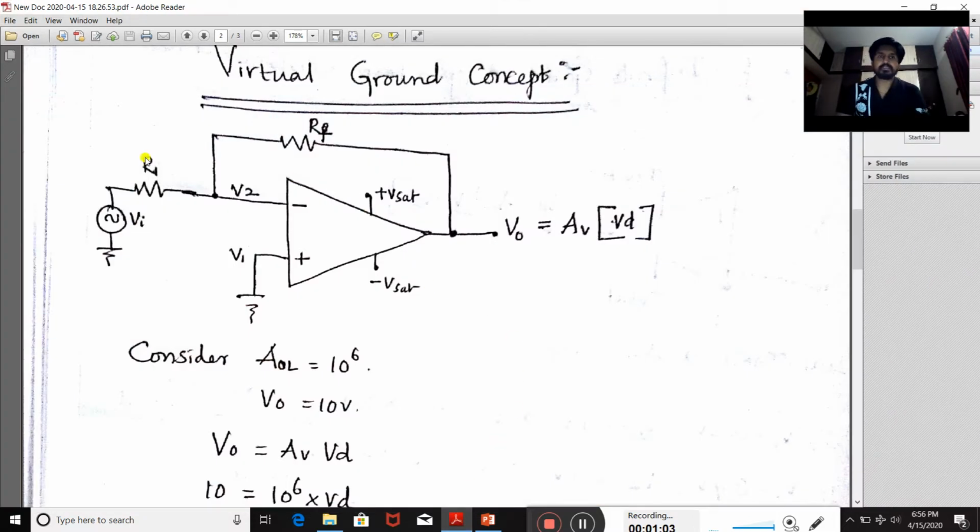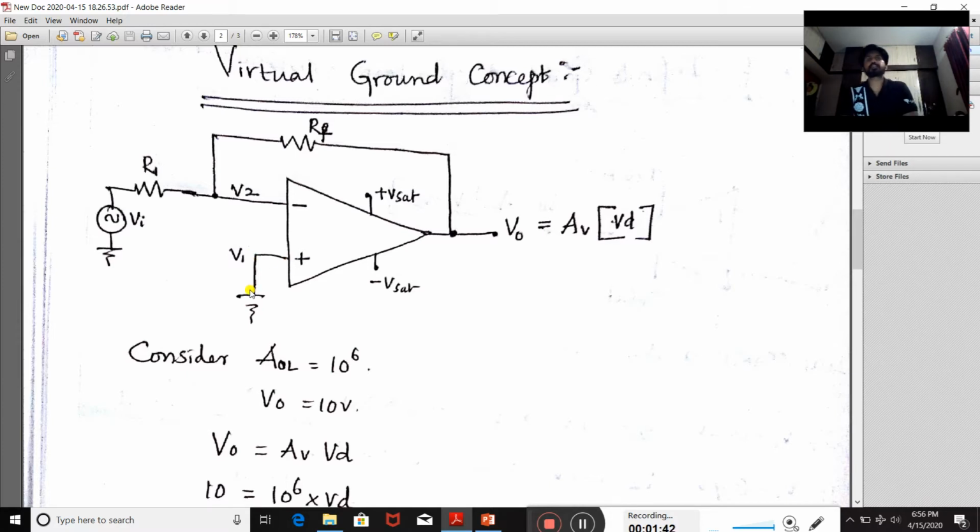So this is the diagram. Here, the operational amplifier is connected with the source, and that source is connected through a resistor R1 to limit the current flowing through this op amp. Part of the output voltage is fed back to the negative terminal through RF, again connected to limit the current flowing in this op amp. The non-inverting terminal is simply grounded.